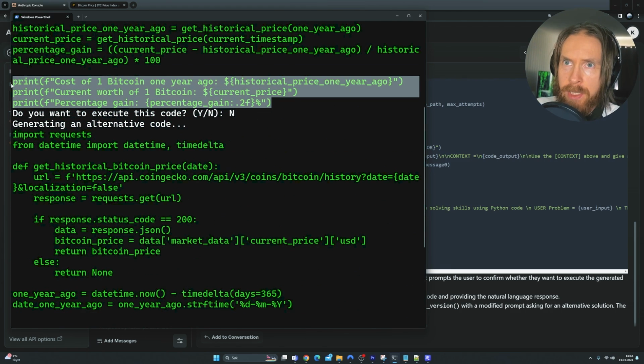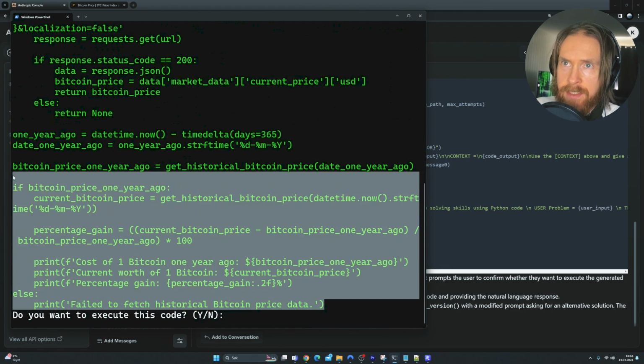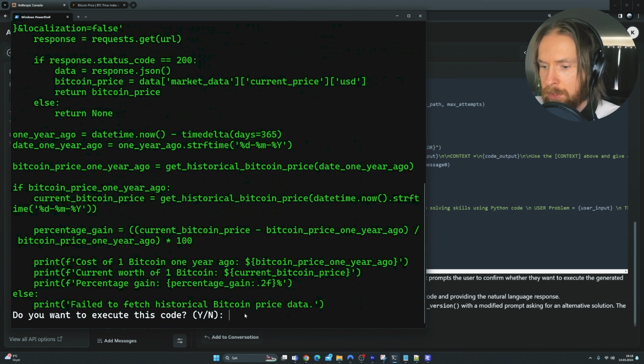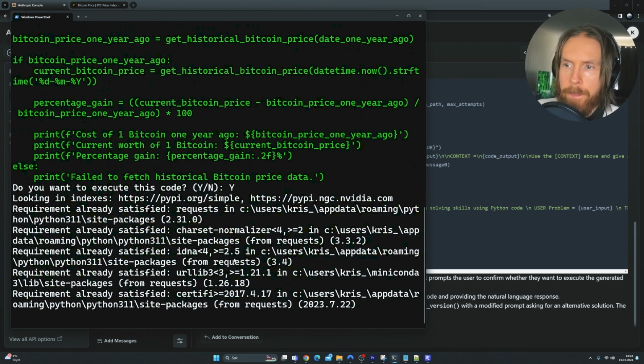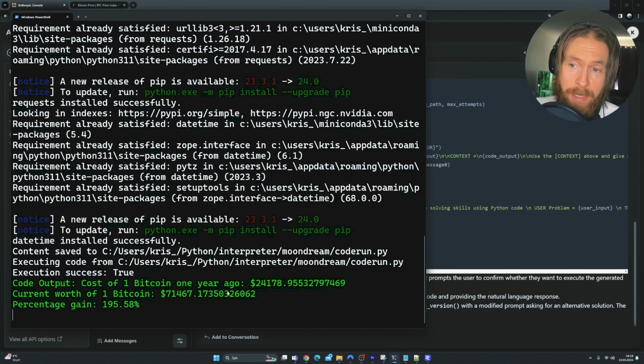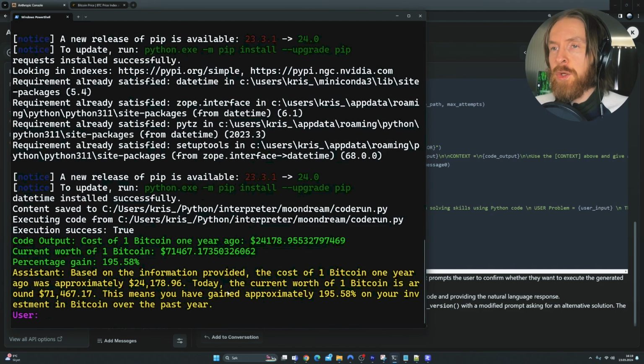So yeah, we have the print statements here. You can see this is different. We're still using the API. So now let's try to execute that. Yeah, perfect. Let's see if it was correct this time. Yeah, basically the same. So you can see it took me like 2-3 minutes to add a new feature to